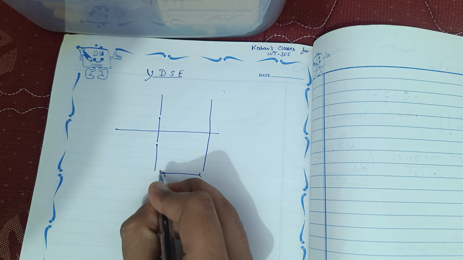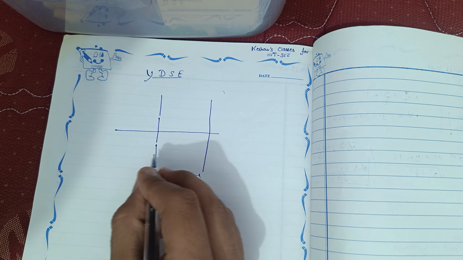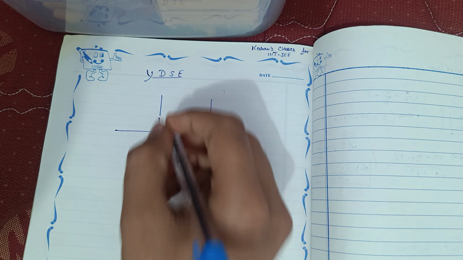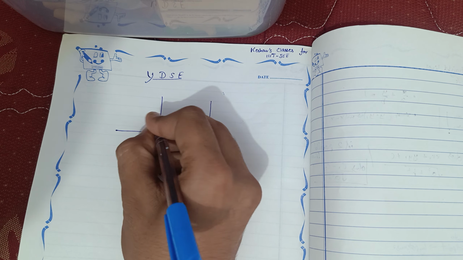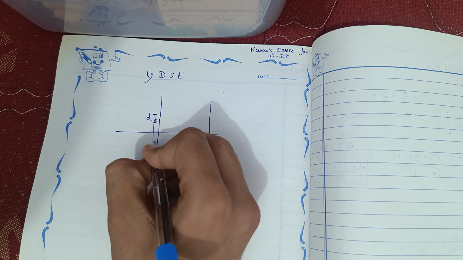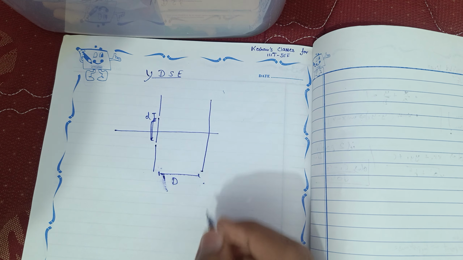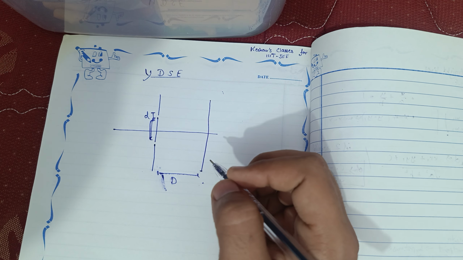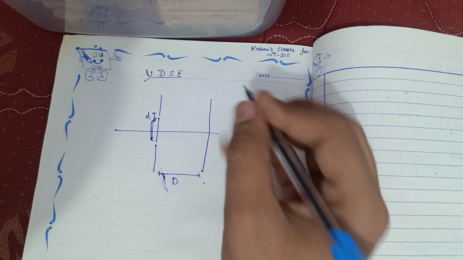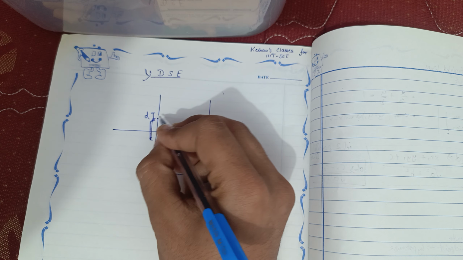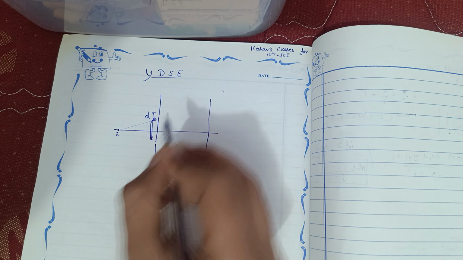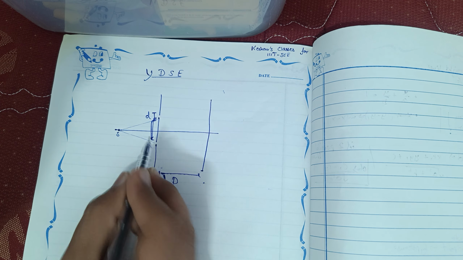This thing we call it as D, the distance between the screen and the slits. And this thing is small d, the distance between the two slits is small d. And what happens is light enters from such a source to these slits,